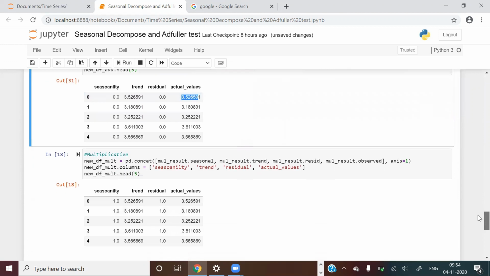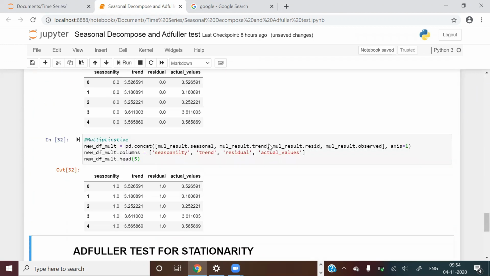And if I do the same thing in the multiplicative time series, what you will see is the trend value is very much similar to the actual value, however the residuals and seasonality are 1. The reason is, by definition, a multiplicative time series is a multiplication of your seasonal component and trend component, and that is the reason if it is 0 then the whole thing will be 0, right? That is why it is 1. So if you multiply seasonality into trend into residuals, then you get the actual time series, right? And here if you sum up, then you get, first one is the additive, second one is the multiplicative, right?